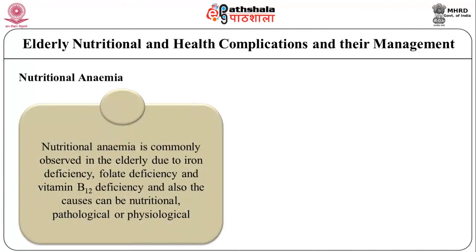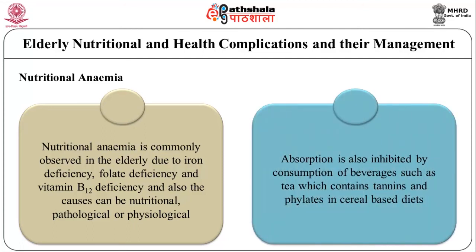Nutritional anemia is commonly observed in the elderly due to iron deficiency, folate deficiency, and vitamin B12 deficiency, and the causes can be nutritional, pathological, or physiological. Iron status is usually affected by the physiological constraint of poor absorption and utilization, along with consumption of heme sources, green leafy vegetables, and fruits. The absorption is also inhibited by consumption of beverages such as tea, which contains tannin, and phthalates in cereal-based